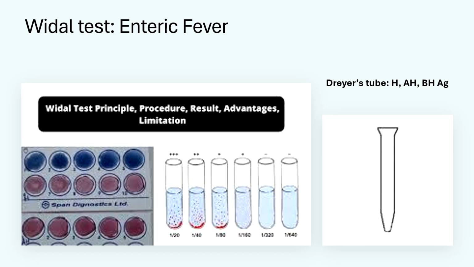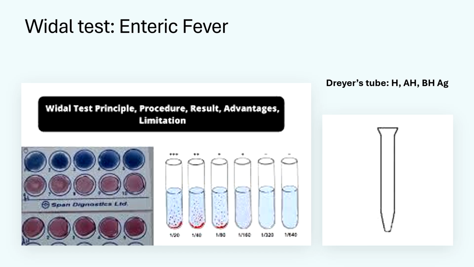Now we'll move to another card, that is the white card. We have already discussed that in the white card syphilis or RPR can be done, or a Widal slide test. So here you can observe it is a Widal slide test. But another test, the Widal tube test, is frequently asked in our exams. In the Widal tube test, you have to remember there are two types of tubes. A conical bottom tube is called Dreyer's tube. It is used for H antigen, that is H, AH and BH antigen, and a flat round bottom tube is used for